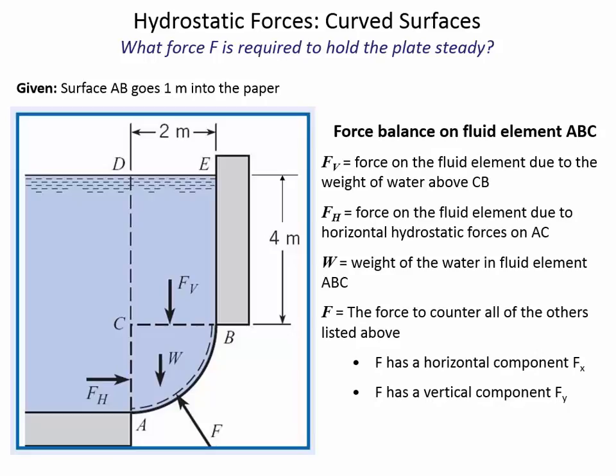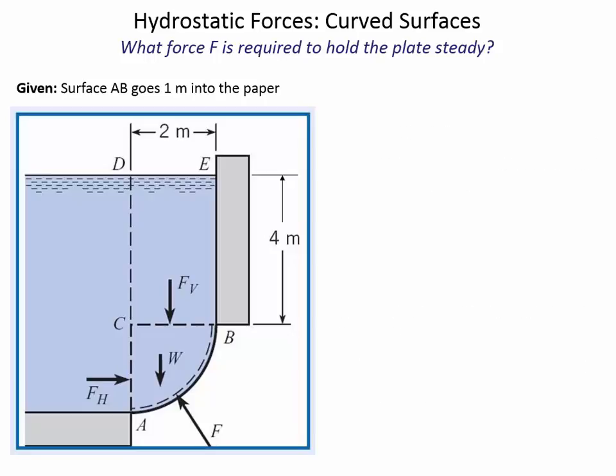Now, here are the labels, but before we go through the labels, just try and think about this: F_V is representing the weight of the water that's in element D, C, B, E. If this is 1 meter into the page, then we're going to have a rectangular element of water,